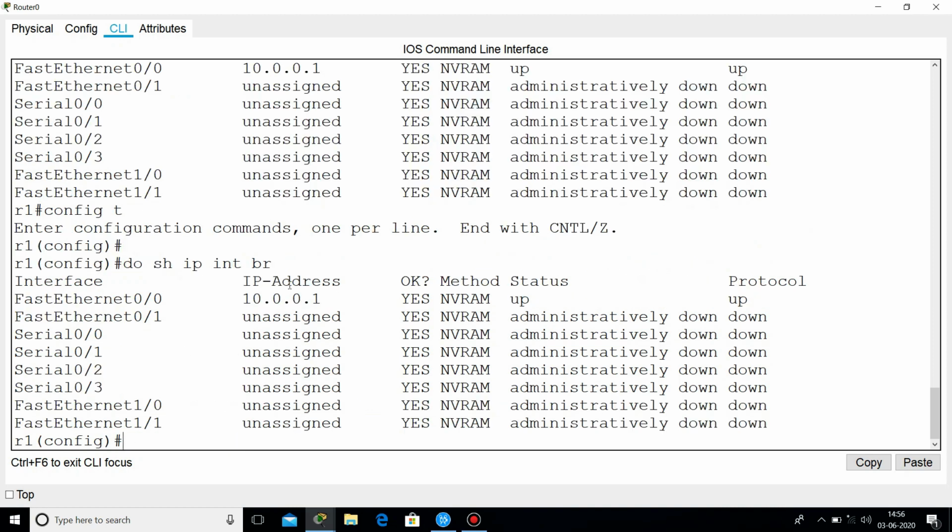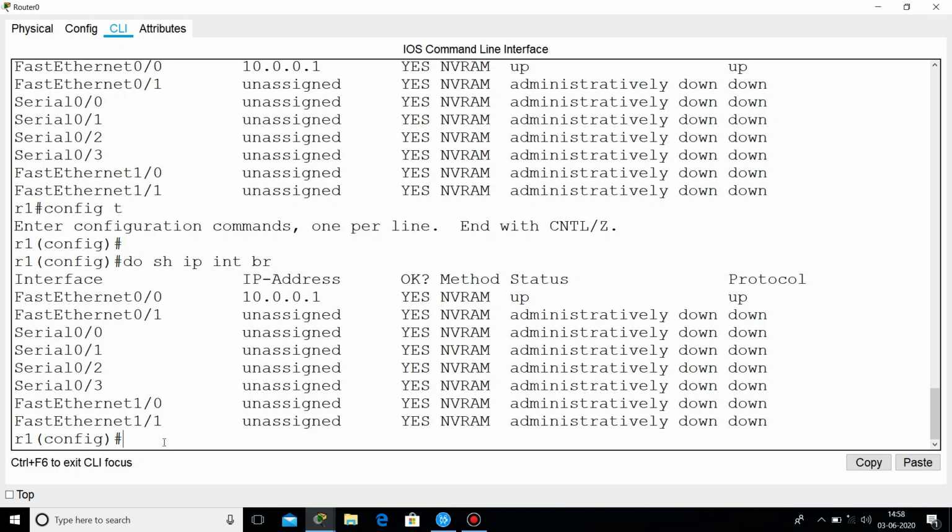You can see here I get a similar result. But if I run show ip interface brief directly in configuration mode, then it will not work. So when I run this command in privilege mode, I will use show ip interface brief, and when I run this command in global configuration mode, then I will use do show ip interface brief.